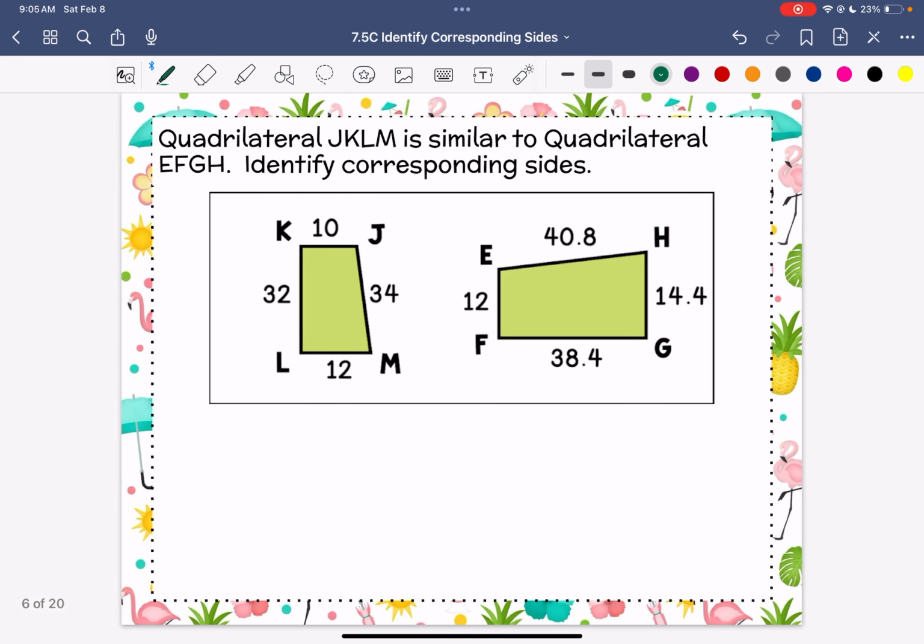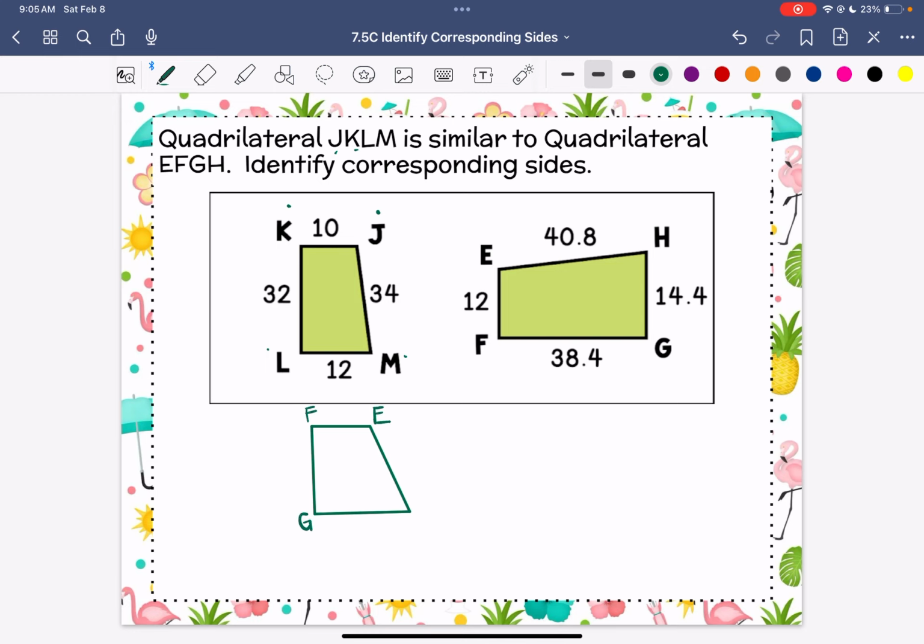All right, so let's look at this one. Quadrilateral JKLM is similar to quadrilateral EFGH. So what I'm going to do is redraw so I can visually see them oriented the same direction. If you notice, it said JKLM. So it started JKLM. Now, it corresponds to E,